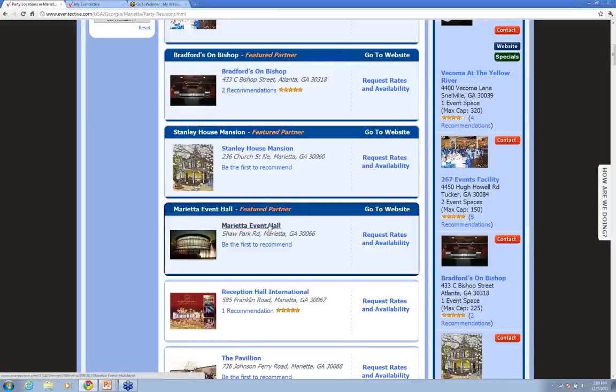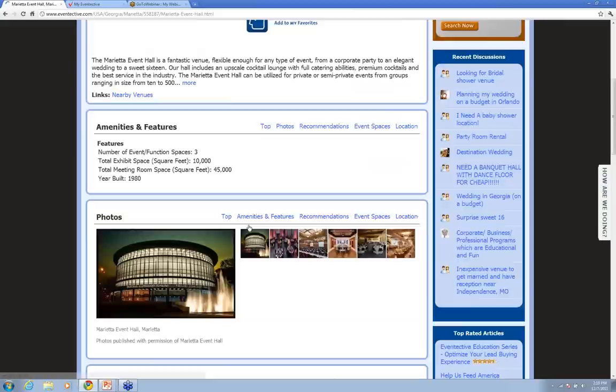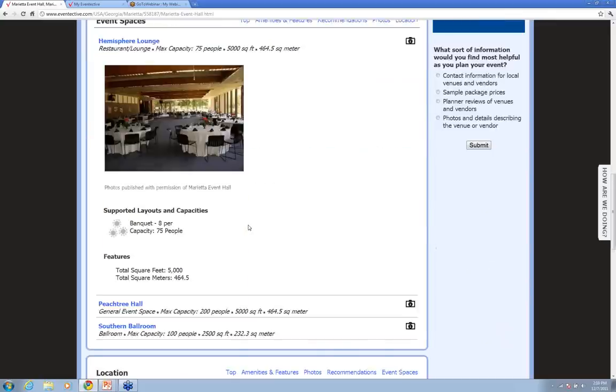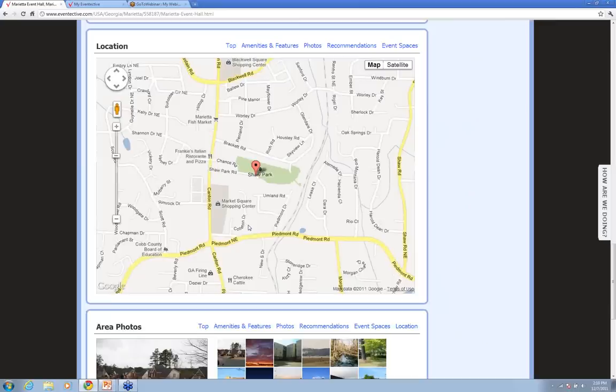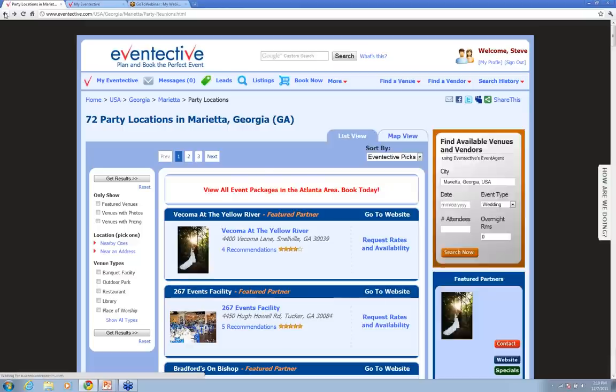The Marietta Event Hall, you'll notice, doesn't have any pricing on their listing. We can go ahead to their listing, and it's very attractive, with plenty of pictures, their event spaces are laid out, and there's a map. But as a user of Eventective, as we've stated earlier, the majority of them are looking for pricing. There's really no information here to help them understand whether or not the Marietta Event Hall is even remotely a